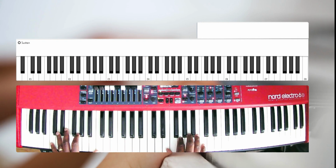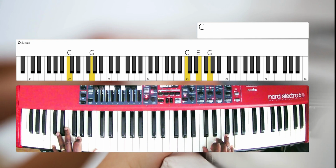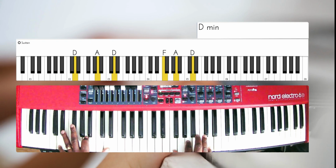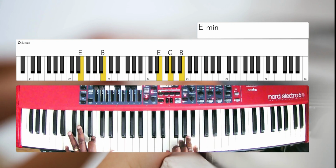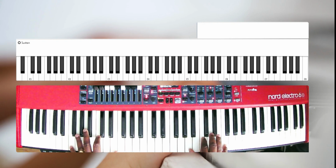does a root chord, first inversion, second inversion, root chord, then go on to minor, root chord, first inversion, second inversion, back to root, and then three. Minor, that's an E minor, first inversion, second inversion, root octave high, then four, which is F, root position, first